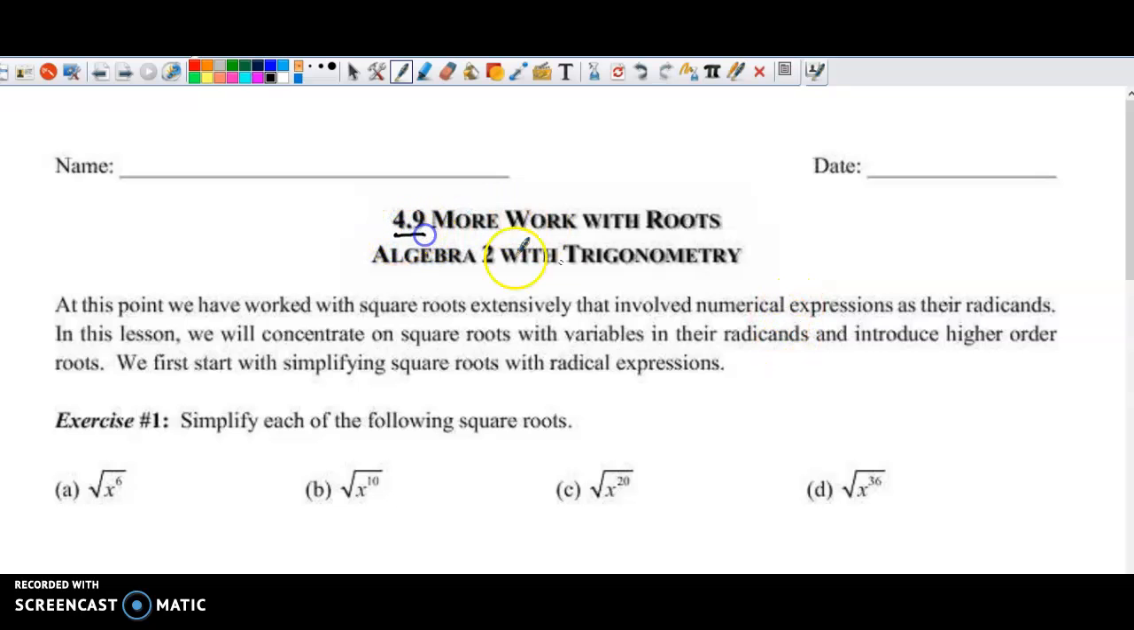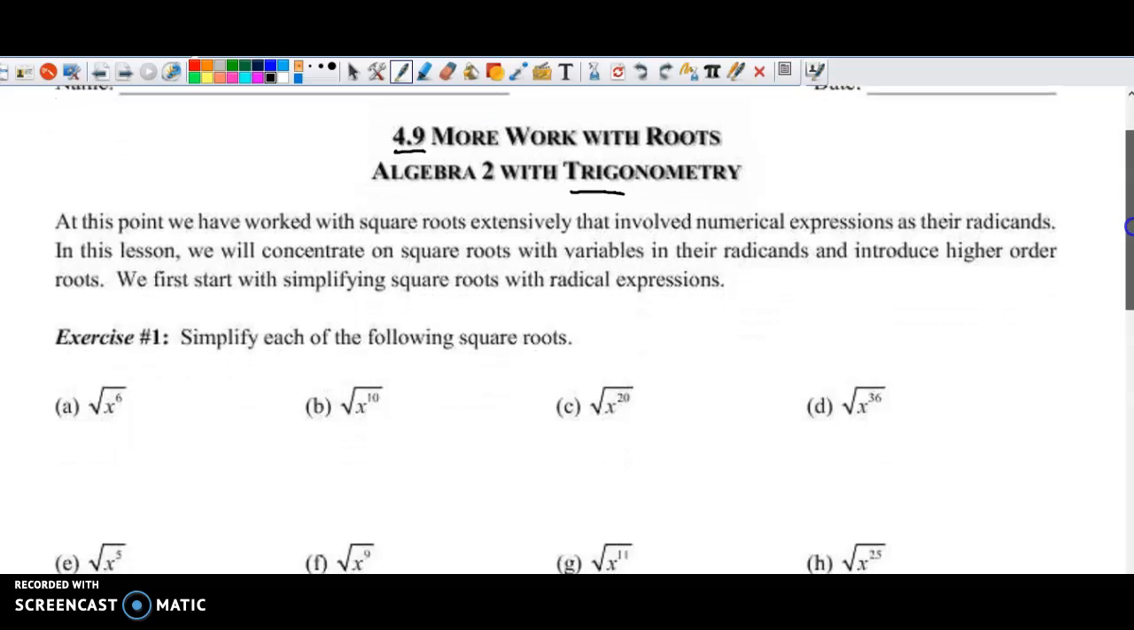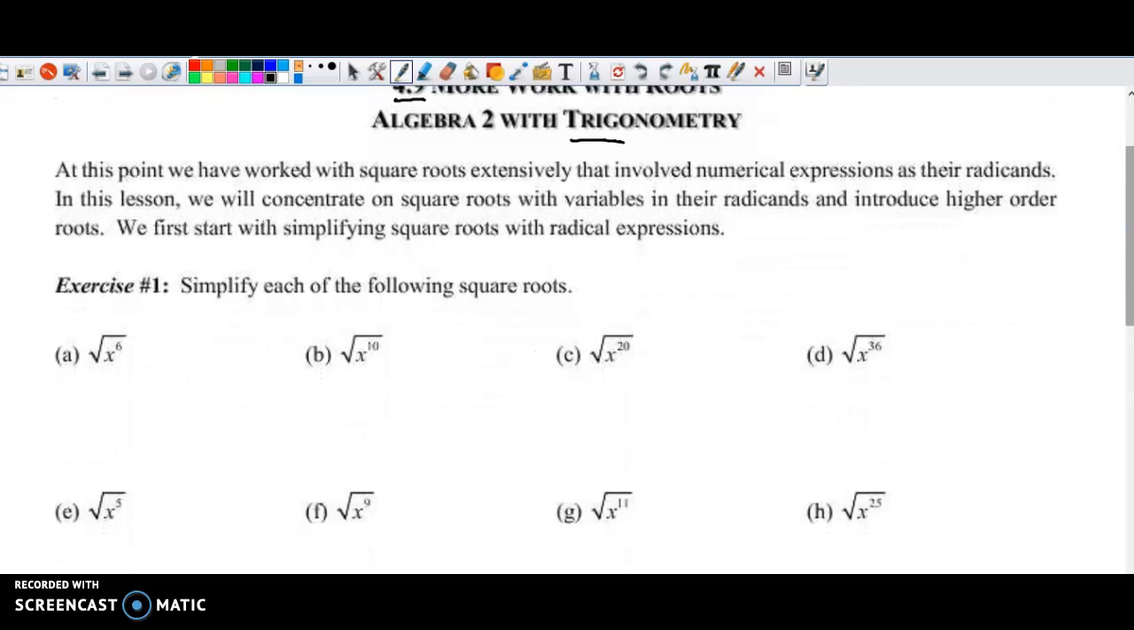We're continuing on with 4.9 and working with square roots. Well, it's not just any square roots, it's just things like this. What I want you to practice is understanding the rule with square roots, as well as why the answer comes out to be x cubed. Because we've talked about doing square roots, and we could pull